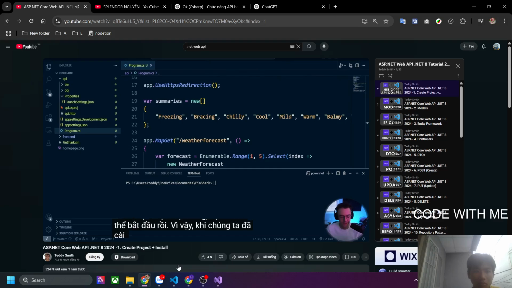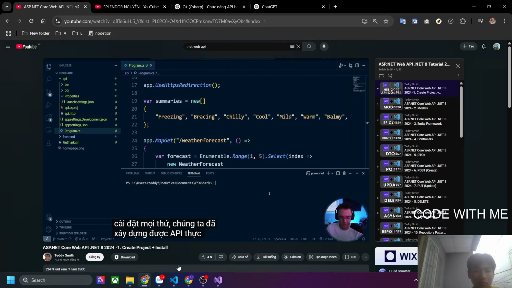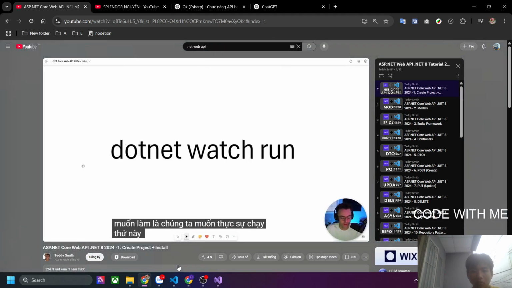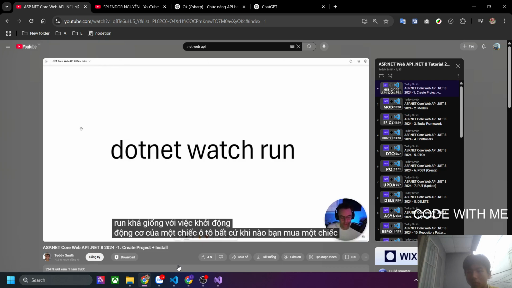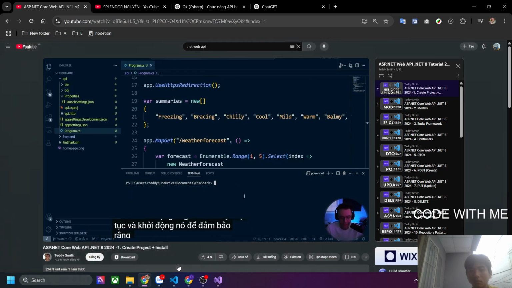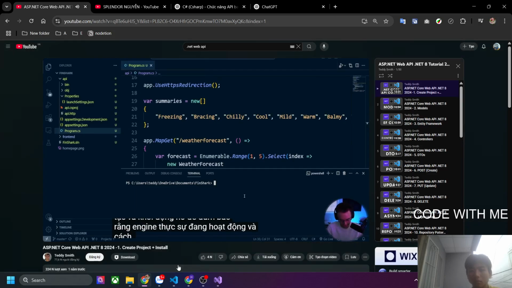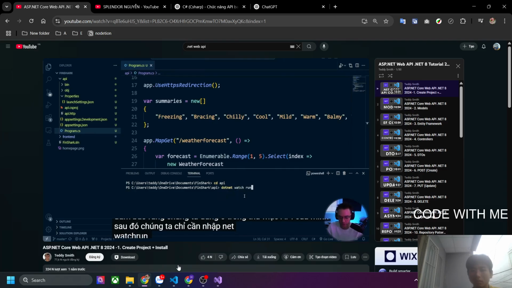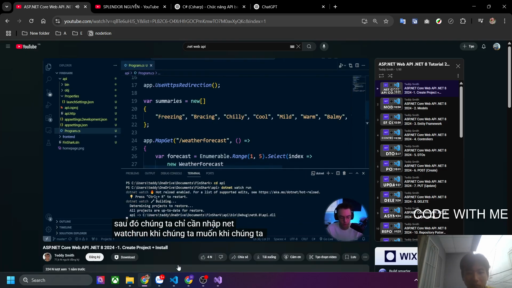Once we've got everything installed and we've got our actual API built, the first thing that we want to do is run this thing called dotnet watch run. dotnet watch run is pretty much like starting the engine of a car. Whenever you buy a new car, the first thing that you're probably going to do is start the engine. So let's go ahead and start it to make sure that the engine is actually working. The way that we're going to do that is, first of all, we're always going to make sure that we are within our API folder. Then we're just going to type in dotnet watch run. When we run dotnet